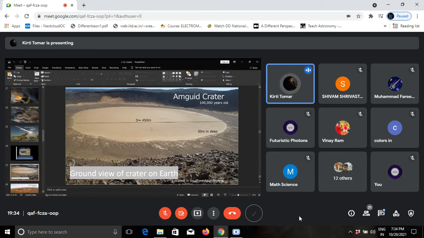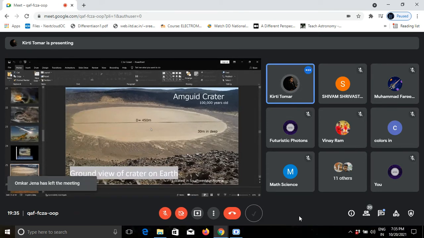The perfectly circular meteorite impact crater is 450 meters in diameter and 30 meters deep. The top of the rim is covered by blocks of sandstone that are several meters in diameter, and the center of the crater is flat and filled by compacted silts. So this is a ground view of the crater on Earth.